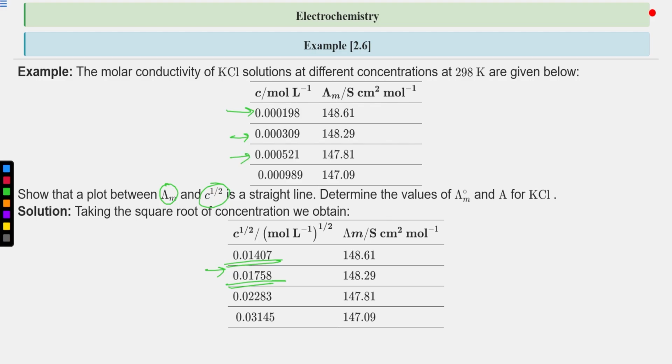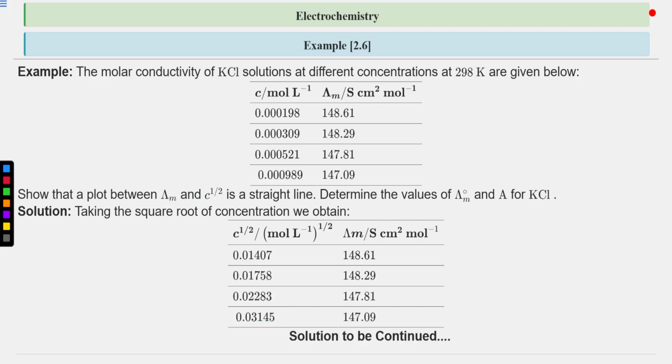For the third one, it will be 0.02283. And for this, the under root of concentration is 0.03145. And the molar conductivity will be same as given in the question, for every concentration. Now